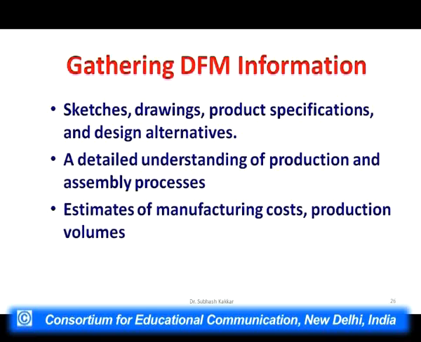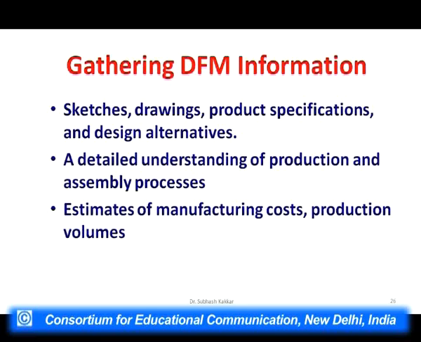Product specification should also be known to the manufacturing people. And then finally, design alternatives should also be given to the manufacturing people. Based on these alternatives and the processes available in the company, manufacturing department will decide which alternative is best to manufacture. A detailed understanding of production and assembly processes should also be given along with the design of the product,